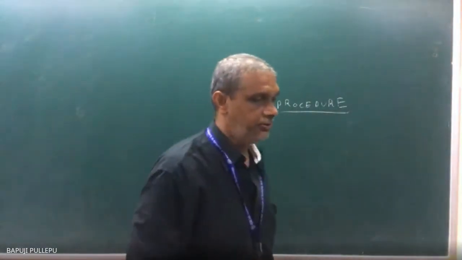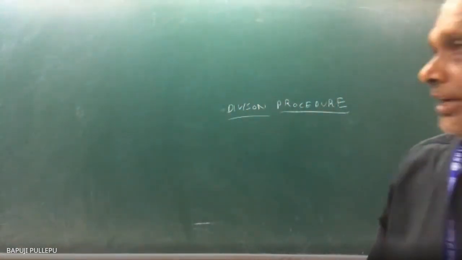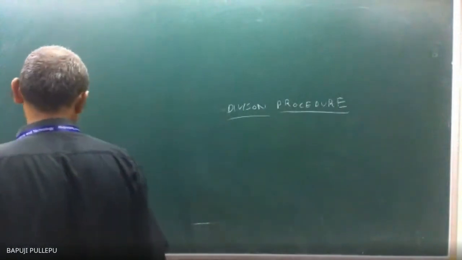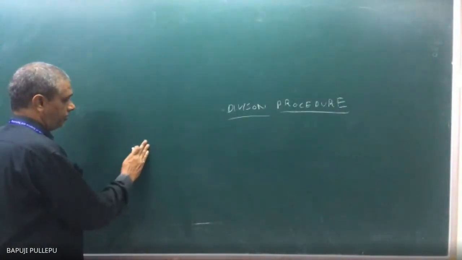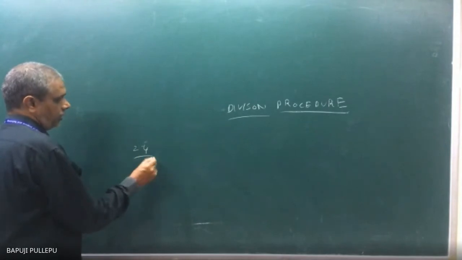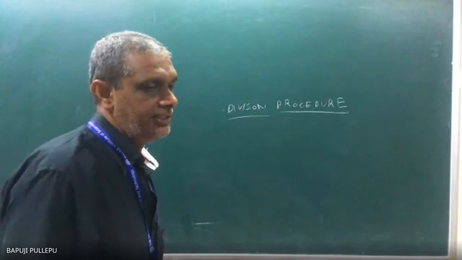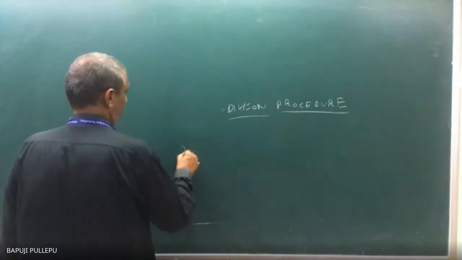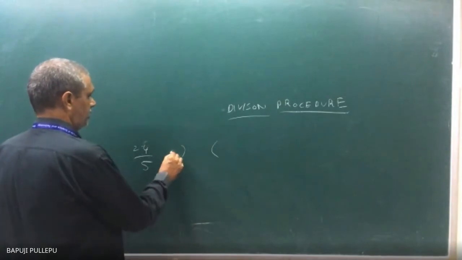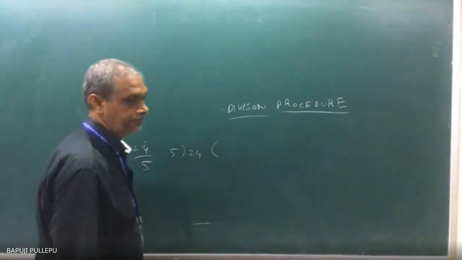Before going to division, theoretically I want to explain. Before that, just one number I need, which you can divide. 24 by 5. Don't take decimal points actually. Normally in school stage, you study division notes. You can take 5, you can take 4. So how many times will it go, tell me?